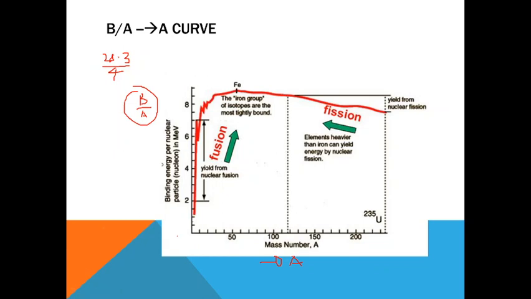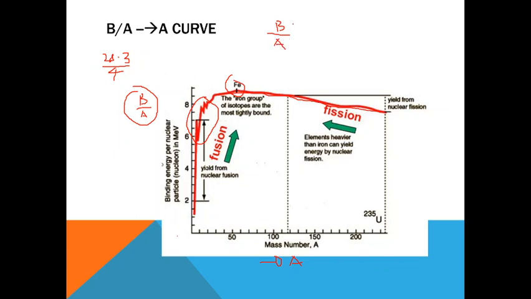Here, you can say that initially B by A is less. There are certain peaks here. Forget about the peak. Let's say it's a smooth graph like that. It reaches a peak somewhere here at iron. More or less there is a plateau, it has reached a plateau, and then there is a fall. Now one thing is very clear, we have seen from previous discussion that B by A